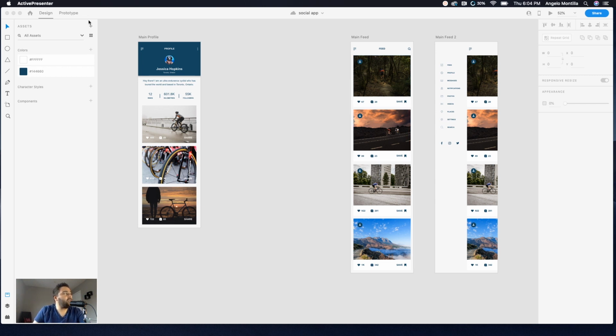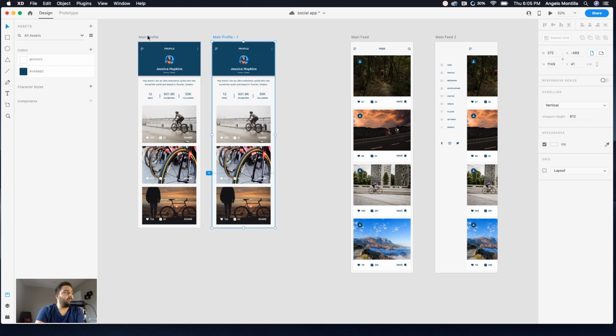So I am in the design tab here, and we're going to jump to the prototype stage in just a few moments. But first and foremost, this is my landing page for this fictional cycling application for mobile. It could be for iPhone. I have this design already set, okay? I'm going to click it and do Command D, and that is going to duplicate the artboard. I'm just going to rename it main profile